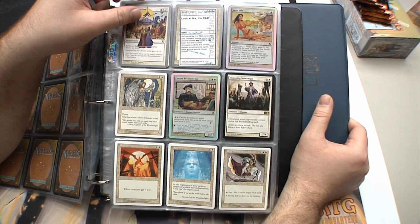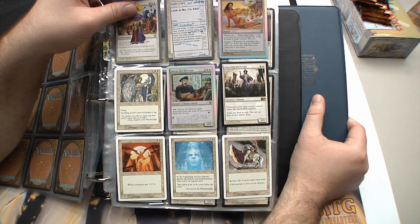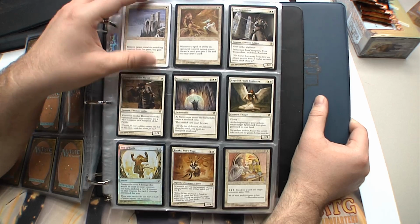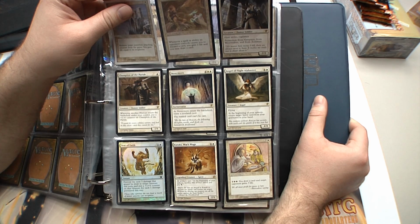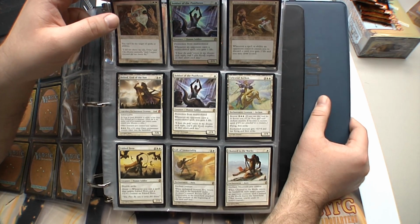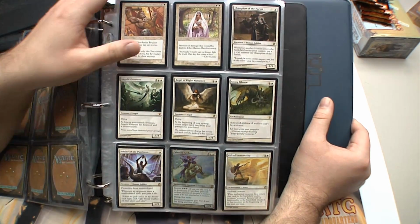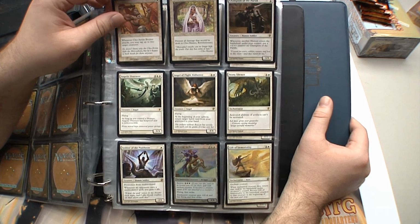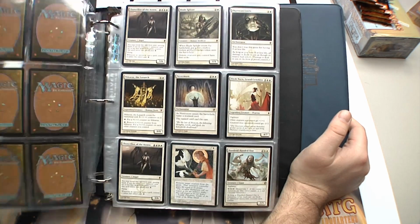Look at me, I'm R&D, Save Life, Archangel, Fascist Art Director, Imposing Sovereign, Crusade, Serenity, Order of the Sacred Torch, Exile, Spiritual Focus, Elite Inquisitor, Champion of the Parish, Nevermore, Flight of the Alabaster, Test of Faith, Kataki, War's Wage, Armistice, Ivory Mask, Foil Soldier of the Pantheon, Spiritual Focus, Heliod, God of the Sun, Soldier of the Pantheon, Celestial Archon, Fabled Hero, Gift of Immortality, and another Chained to the Rocks, Cho-Arrim Bruiser, Cho-Manno Revolutionary, Champion of the Parish, Angelic Overseer, Angel of Flight Alabaster, Stony Silence, another Soldier of the Pantheon, Foil Celestial Archon, Gift of Immortality,